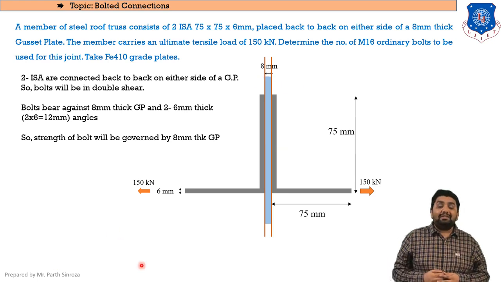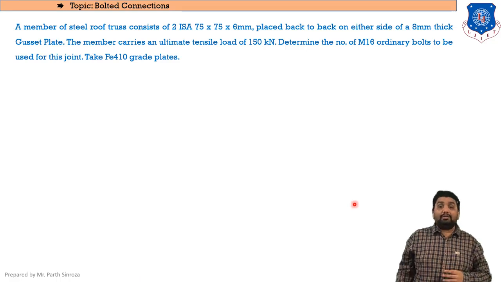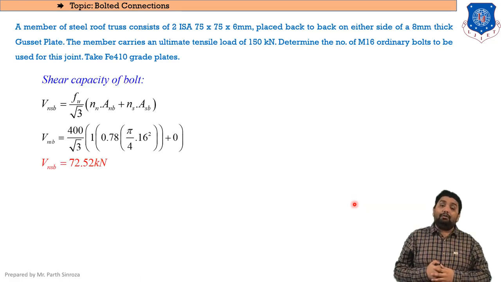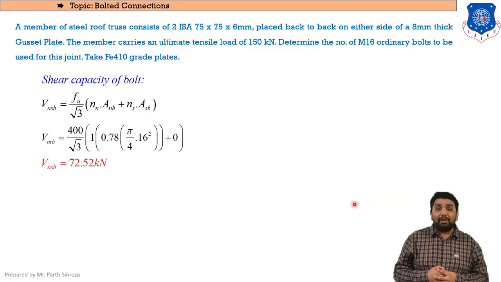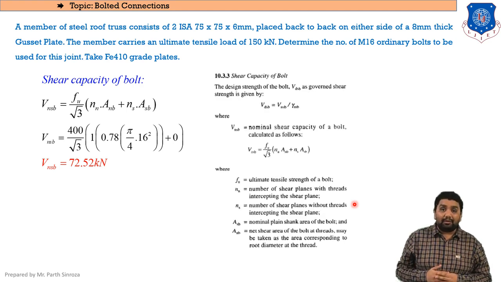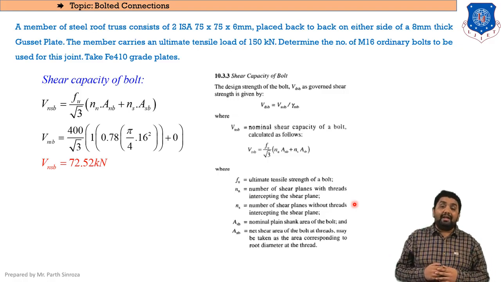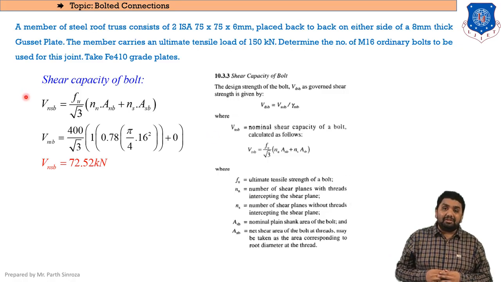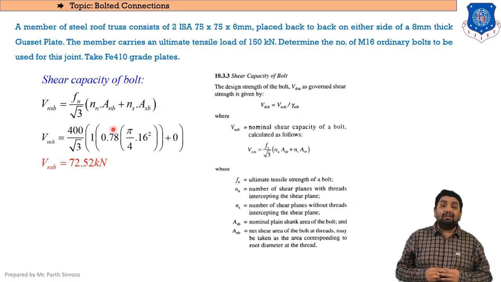So now we will be starting with our sum and finding the capacities. Which capacities do we need to find? The answer will be the same: the shear capacity of bolt. Now how to identify these equations? We will pause this video and move on to page number 75 of your IS code. Clear? So moving on to page 75 of your IS code, here you can see the equation where VDSB is mentioned. VDSB is our design shear capacity. Clear?